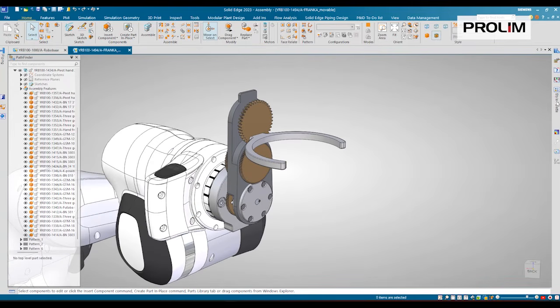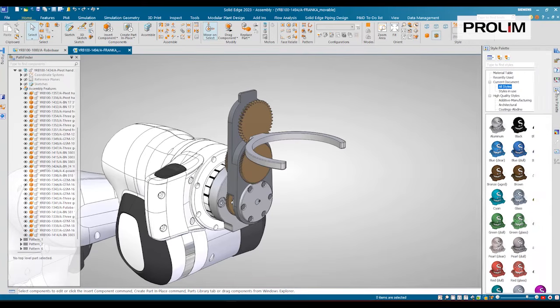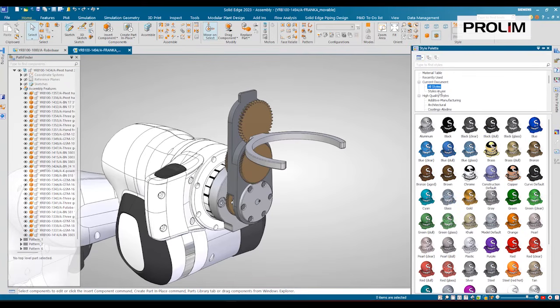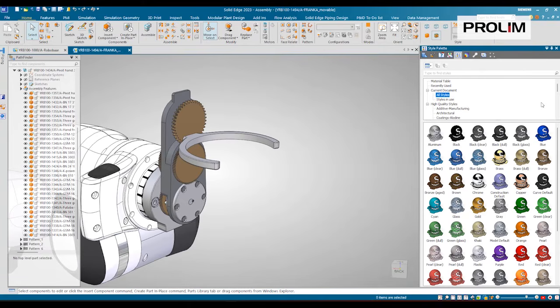So new to Solid Edge 2023 are these style palettes. If you're familiar with applying colors and finishes and materials inside of the ERA or even the Keyshot environment, that same functionality is brought into the Solid Edge environment. So again, saving us a few extra steps to go into another environment to do something that we can do right inside the assembly. With this functionality, we've had over 1,000 really high-level materials and finishes added